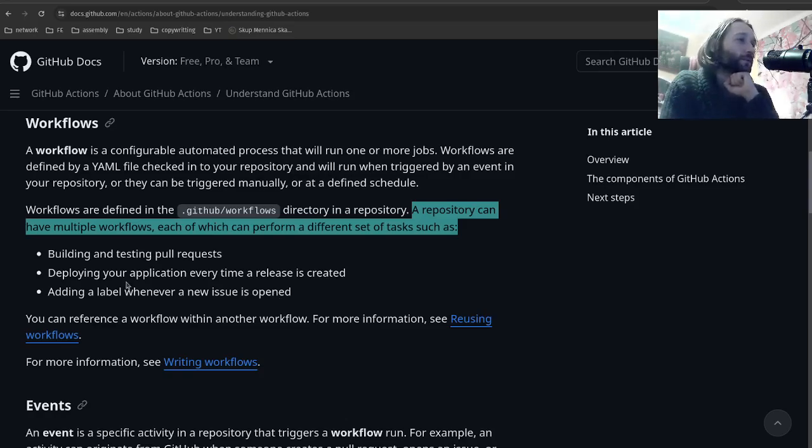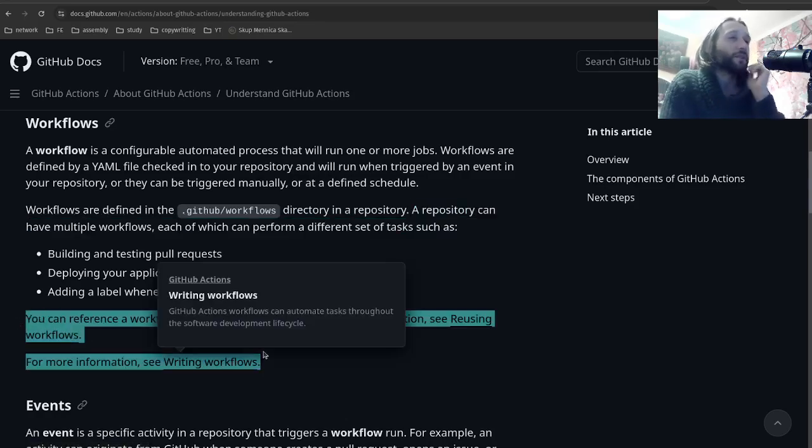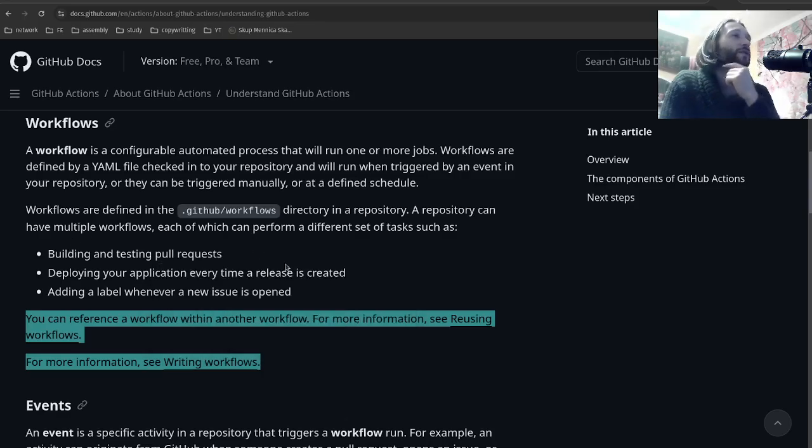Oh, excuse me for that. You can reference a workflow within another workflow. For more information, check the other documentation. So we'll be going probably through the other documentation later, but in general, yeah, we can define workflow as automated